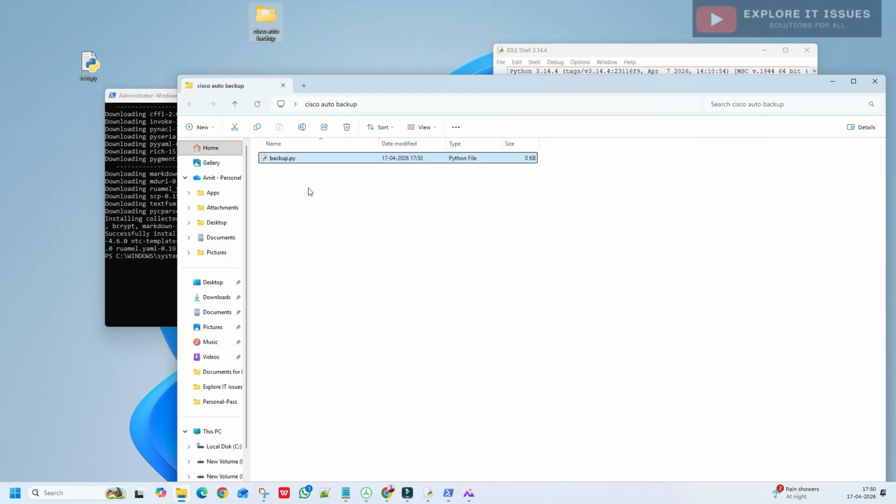Once you have clicked yes, the file is converted to Python format. After that we can create a script. Double click on the backup.py file you have created,